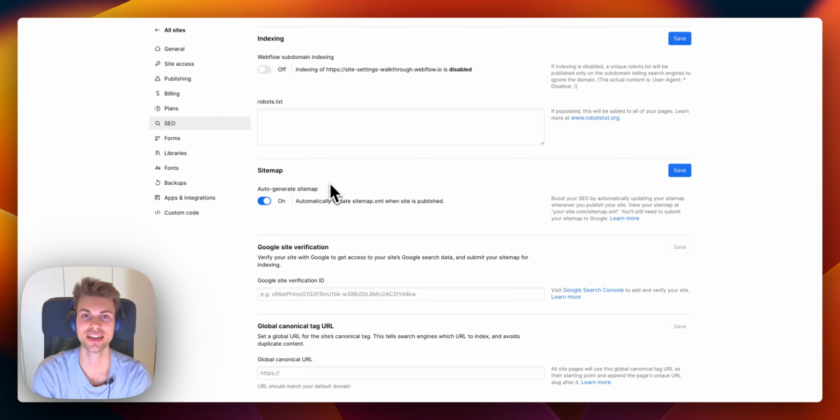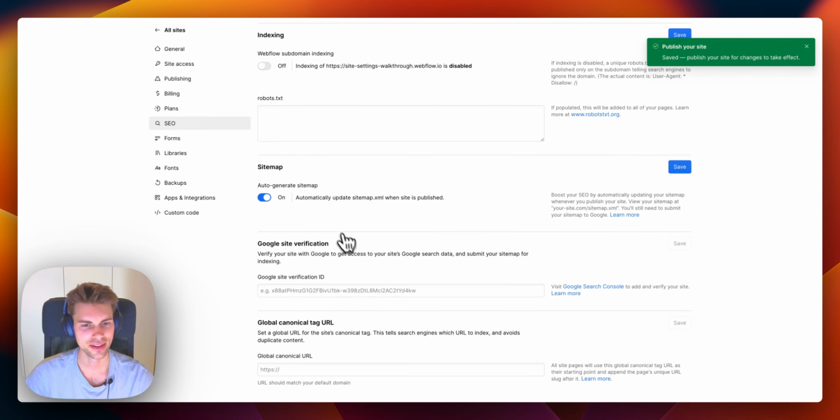Once again, even Webflow themselves uploaded a great tutorial on YouTube on how to submit your sitemap to Google Search Console. So we want to turn the auto generation on. Once again, click on save. Then when you submit it to Google Search Console, we will have to paste a little ID inside of here as well.